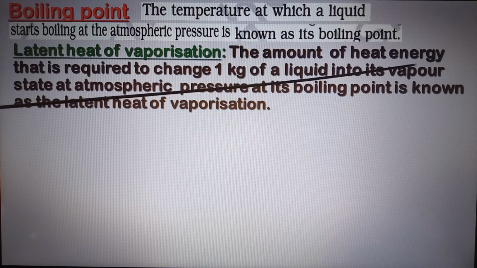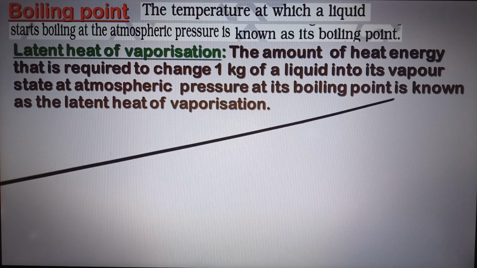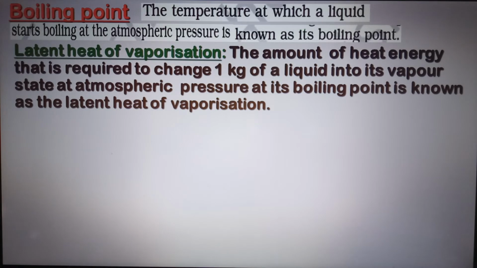The amount of heat energy that is required to change 1 kg of a liquid into its vapor state at atmospheric pressure at its boiling point is known as latent heat of vaporization. Here, latent means the hidden heat. While the temperature is increasing on the thermometer due to the continuous supply of heat, there is a stage when the liquid starts converting into vapor, and at this stage, till the whole liquid is converted into vapor, the temperature on the thermometer remains constant,